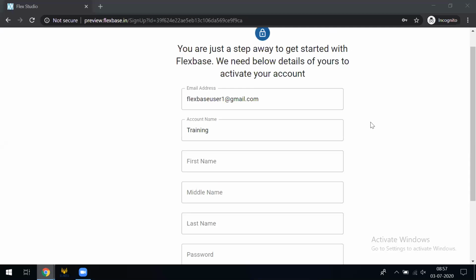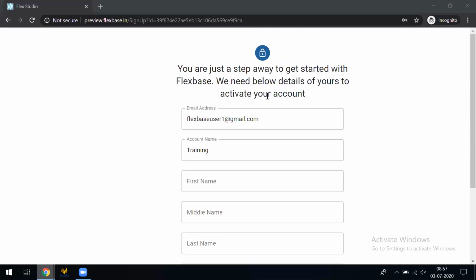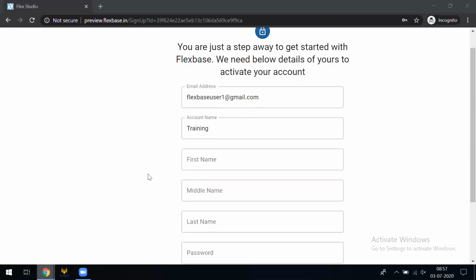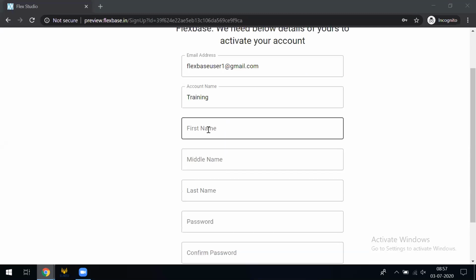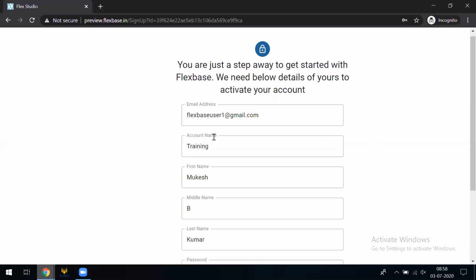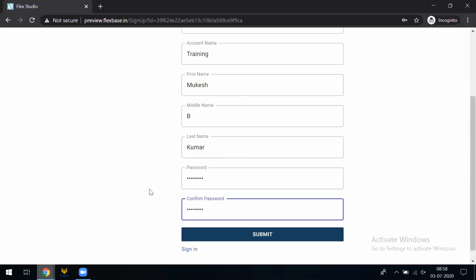So I have clicked on the link and this page comes up with pre-filled email address, the new user's email address, and the unique account name. Now let's go ahead and enter the details. I have entered the full details. So enter the password.